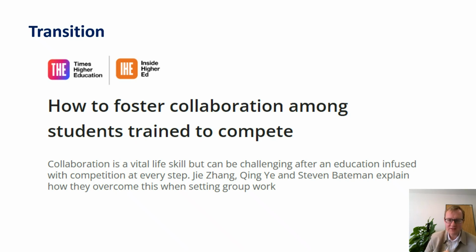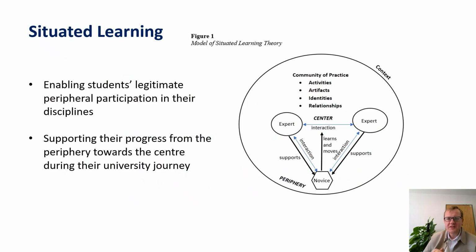So I would view this really as a process of situated learning. I think we're seeing students who are moving from the periphery towards the center in a way. They start off outside of their discipline really in year 1, but they move towards that as they make their program choice. And then in year 2, through both the work in their subject modules and also the work which Yuan has been talking about, students are able to develop their literacy in their particular discipline and therefore move towards that center to be able to actually progress on their learning journey.